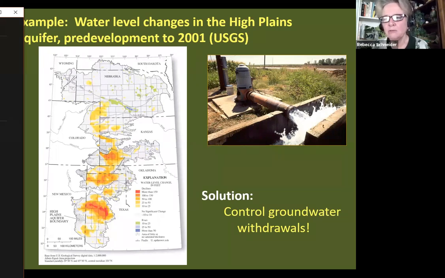And monitoring is the first step. Knowing how much groundwater is there and how quickly it recharges is key. Knowing where the recharge zones are, where's the water come from that keeps the groundwater there, present. And then controlling how many people are allowed to put in pumps and wells and how much they're allowed to take out so it doesn't disappear is the key. Groundwater management is in its infancy. While at the same time that with climate change and more droughts, more and more people are pumping groundwater. So a lot of work needs to be done on groundwater management.